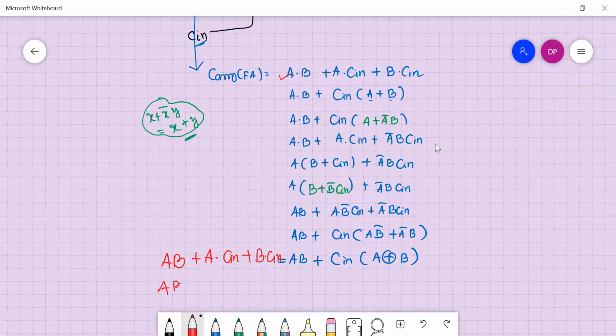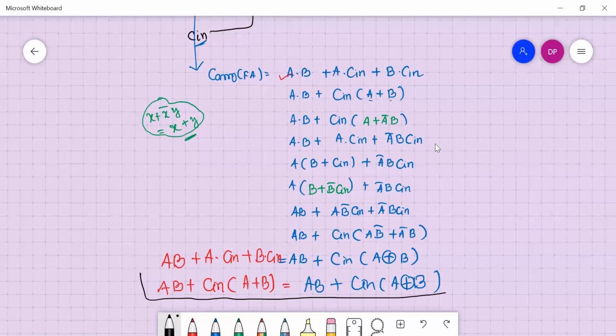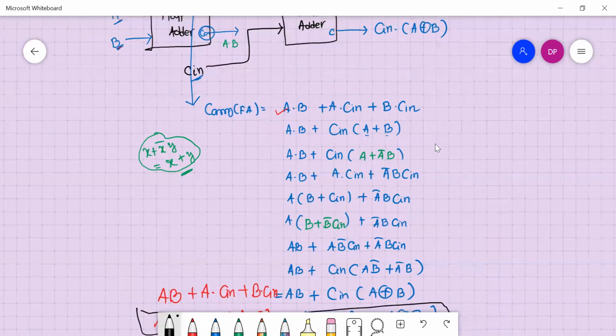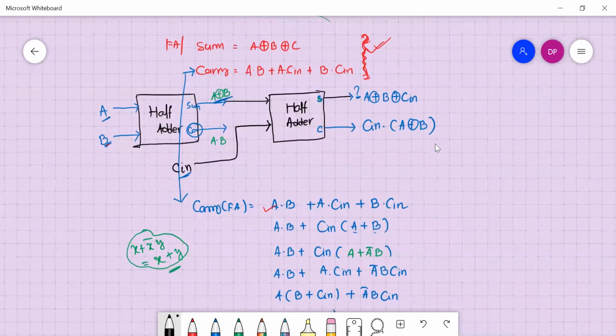C in, if you take common, this can be written as A XOR B. We'll take this into account and see our figure. So here we got C in AND with A XOR B.